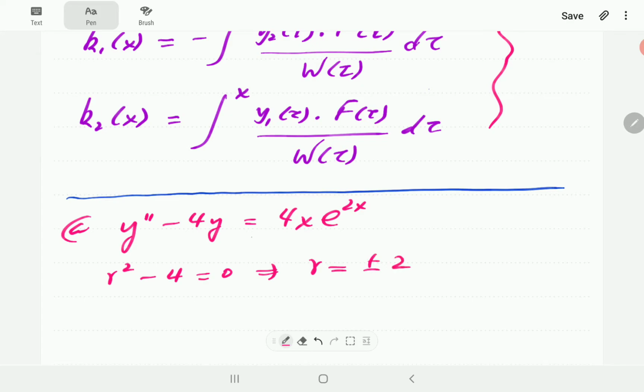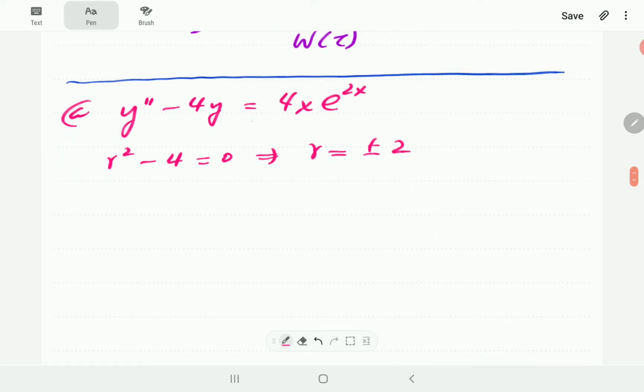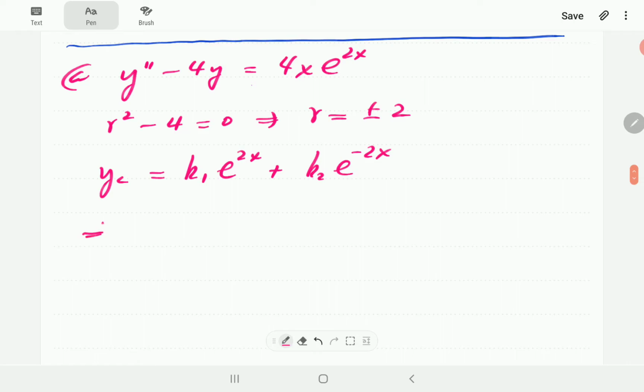0. This tells us that r is plus or minus 2, and so the complementary solution is going to be k1 e to the 2x plus k2 e to the minus 2x. So from here we have y1 equal to e to the 2x and y2 is equal to e to the